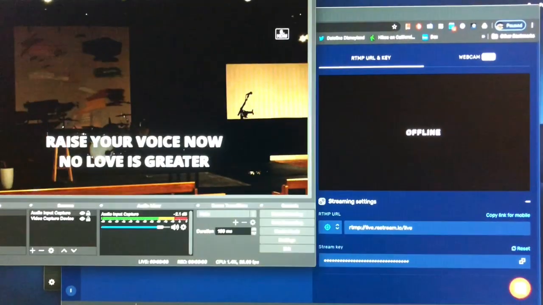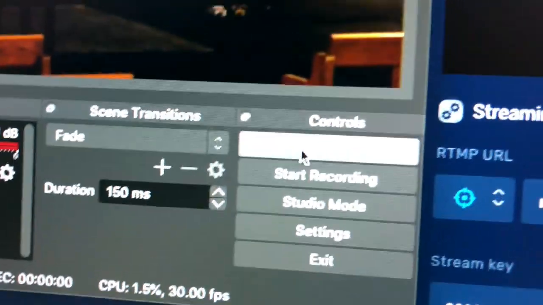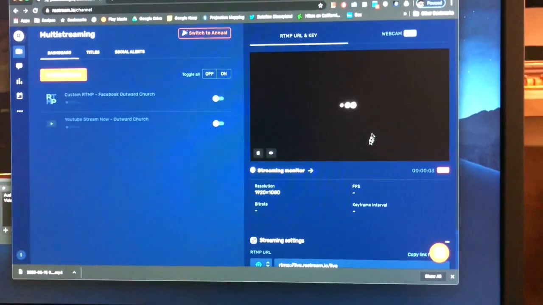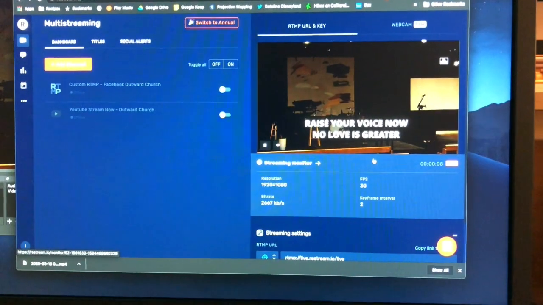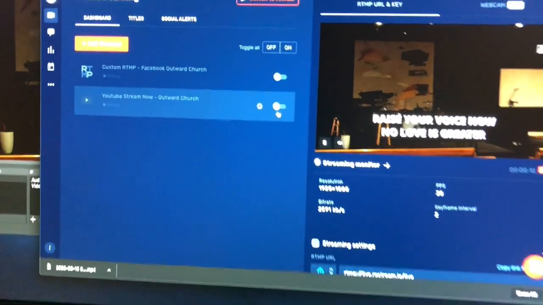If I go live on my stream back here in OBS, I'm going to start the stream, and then you'll see here in my Restream browser, it's going to start showing my live stream once it gets going. Okay, so that's pulling live now, and I've got both of these toggled off, so nothing is actually going to YouTube or Facebook at the moment.